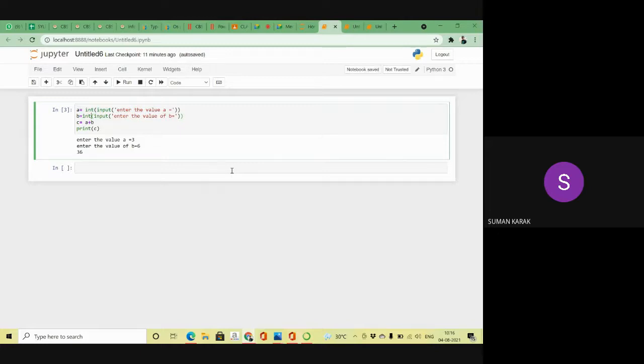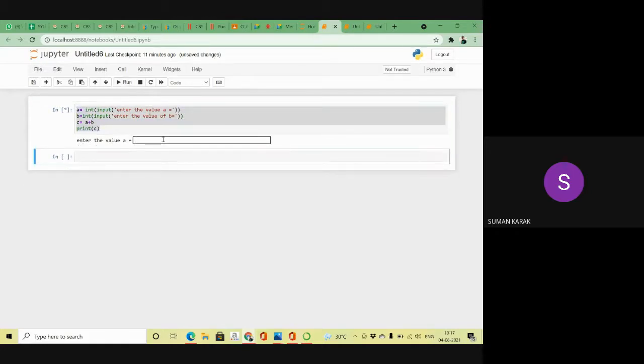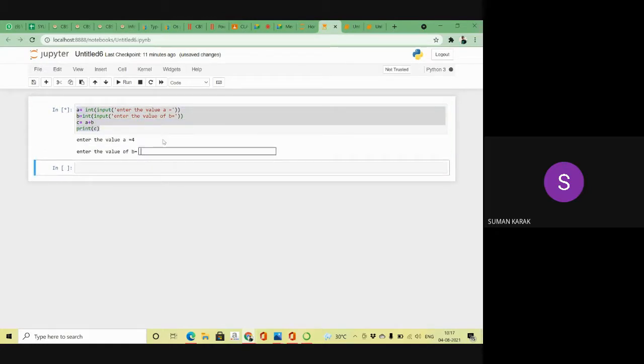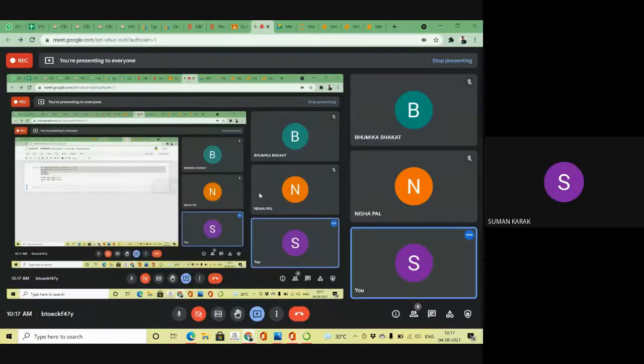Now I want to take the value as integer type, so I mention that here. Now if I take the value of a as 4 and the value of b as 5, you can see 4 plus 5 is equal to 9, right? Did you understand? Yes, yes. Okay, okay, just a minute.